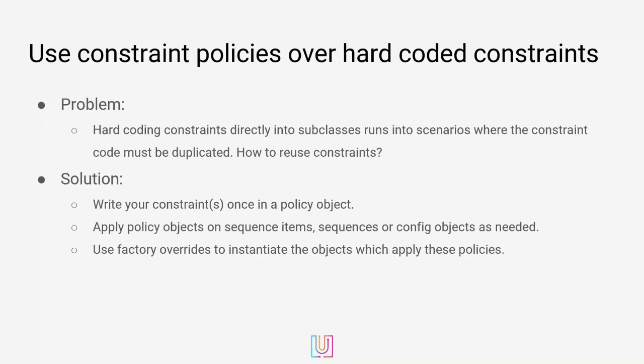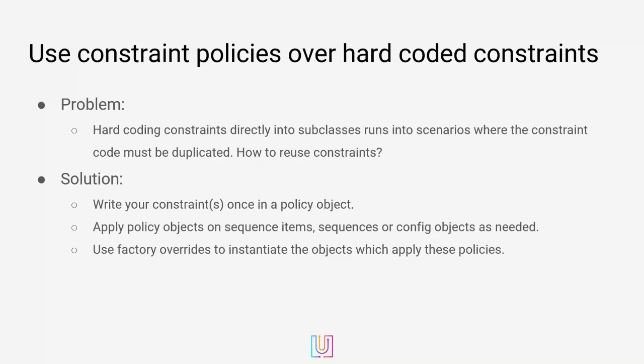duplicated. Say, for example, you have a sequence item and you subclass it and you hard-code in constraint A. In another test, you may subclass that same sequence item, constrain it with constraint B. If you want to create a third one now with a subclass and you want to have constraint A and B both in that third class, you have to copy and paste that constraint A and constraint B code into the third class, which can become a maintenance nightmare because if one of the constraints changes, it has to be